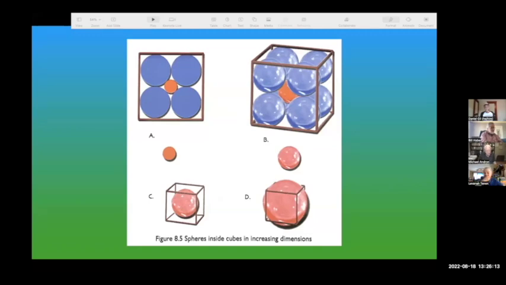As I read the explanation of what this was, I didn't totally get the physics of it, but what I got from it was that this area right here, that's the hypercube or hyperspace or whatever, the more of these physical ones you put in it. Every circle's got to touch the edge. So 4 of them can touch the edge here, and this one's got to be tangent to all of them, and they all have to touch. And then if you were to increase it to 8, and then 16, and keep on going,